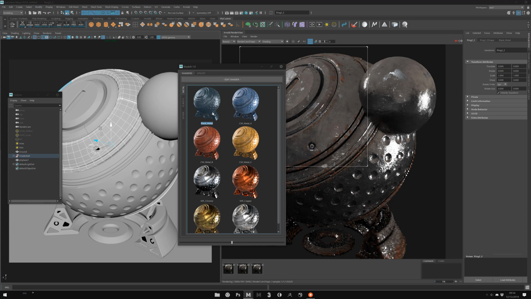I want a new black metal shader. How to duplicate it? Don't do it manually, of course, because that will break the shader. You right click on a shader and you can create a duplication of the shader. It's in 2 steps. First, you need to create a new black metal, okay? If you only create the black metal 1, you can't create black metal 4 directly. For example, if I click here, you have a message, please create black metal 2 first, okay?